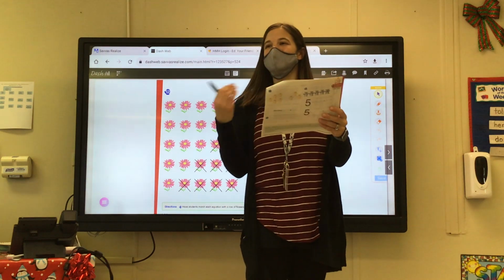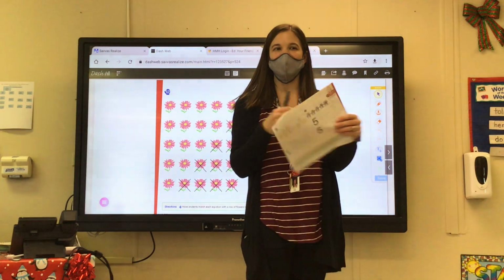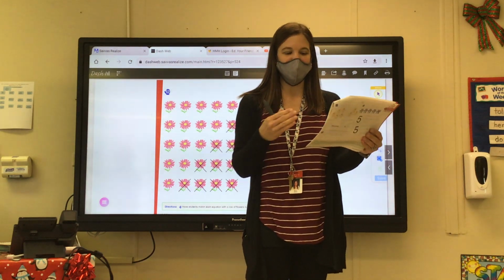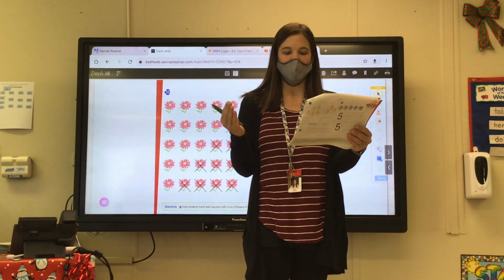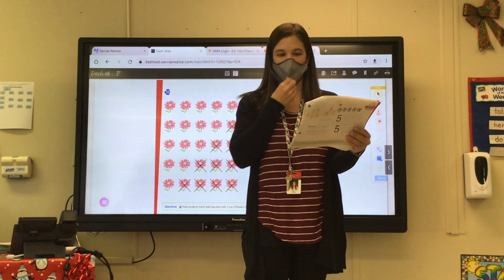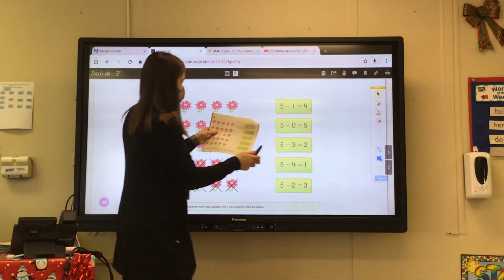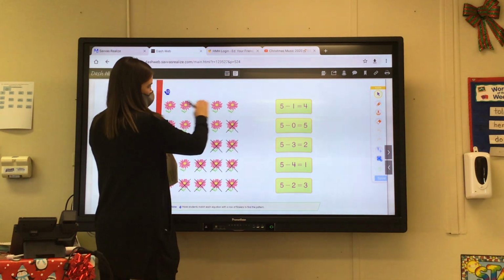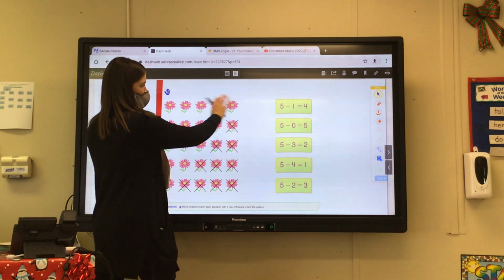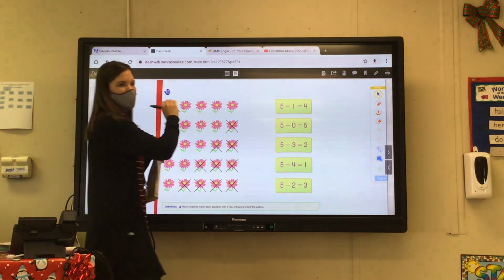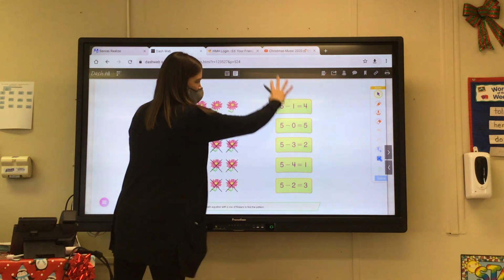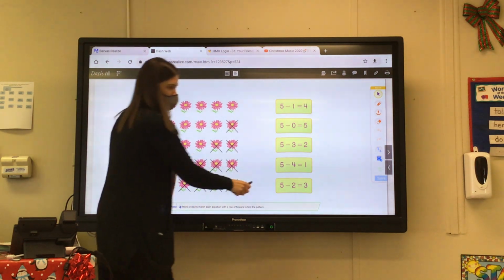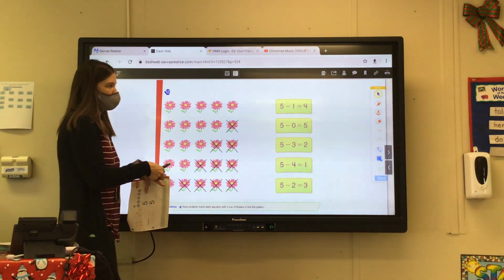And this one, as long as you're listening and you're looking at the flowers, you're gonna do awesome. You're going to just match the equation with the row of flowers to find the pattern. So when you look over here, you're gonna think about what that equation is. How many flowers were there? How many did they take away? How many are left? So you're gonna figure out which one over here shows that and draw a line to it. So even if you want to start with the green boxes and say, okay,